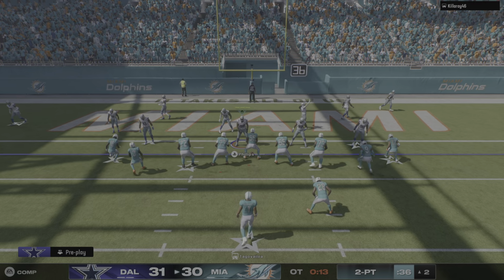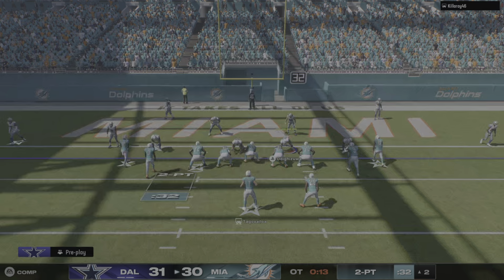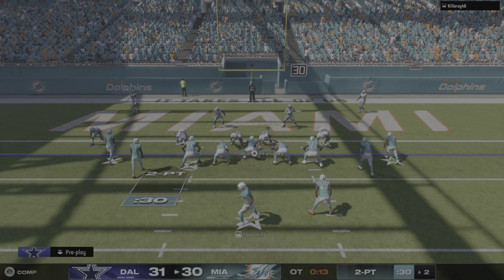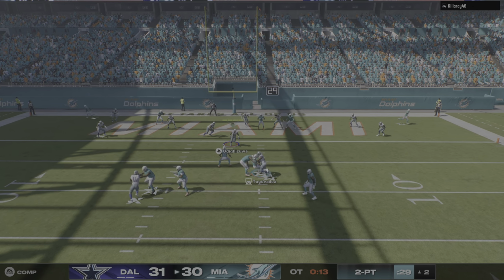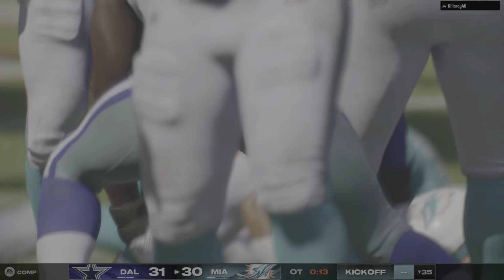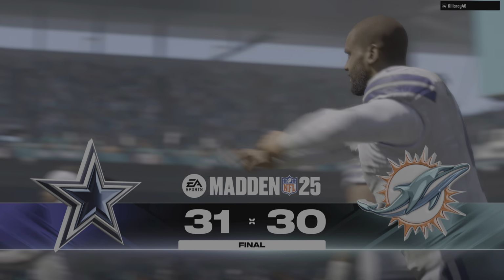You had a feeling they might do this if they scored. The head coach says, let's end it here. They'll go for 2 and the win. Tua to throw again. Nowhere to get away, and he's going to go down. So it's a win here for the visiting...